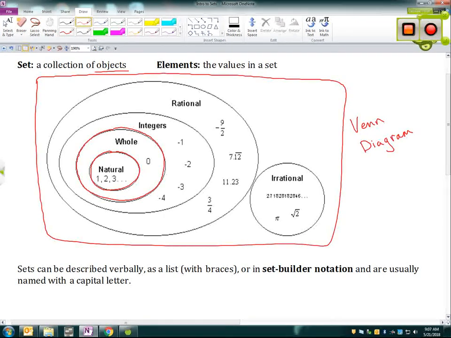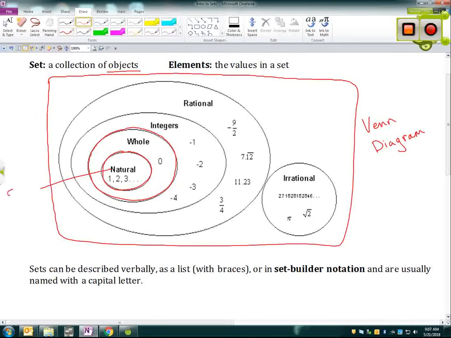All right, so starting there, we have the natural numbers, which are also called counting numbers. Okay, and then the whole numbers are the counting numbers plus 0. So we've added one more entry into the whole numbers, and that is the 0. This is the one number that distinguishes whole numbers from natural numbers, okay? All natural numbers are whole numbers, but not all whole numbers are natural numbers because of the 0, okay?